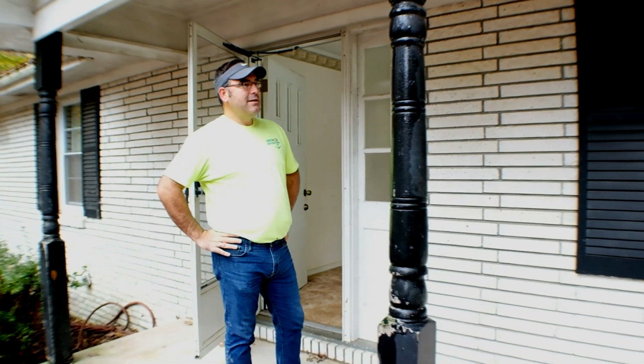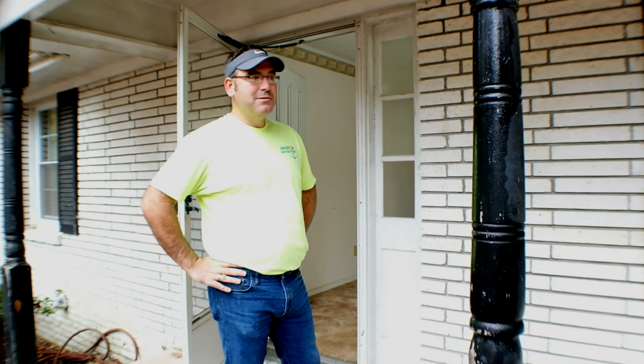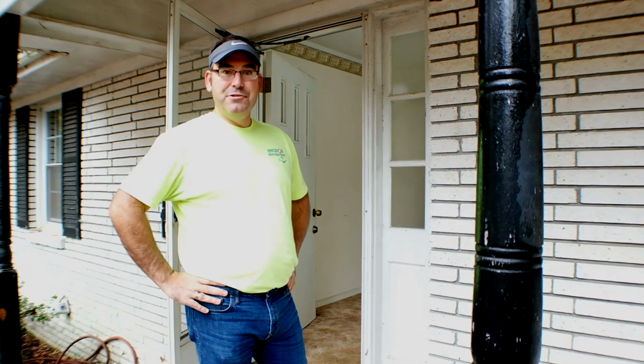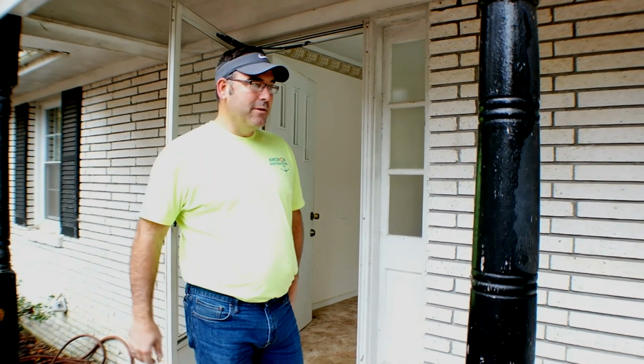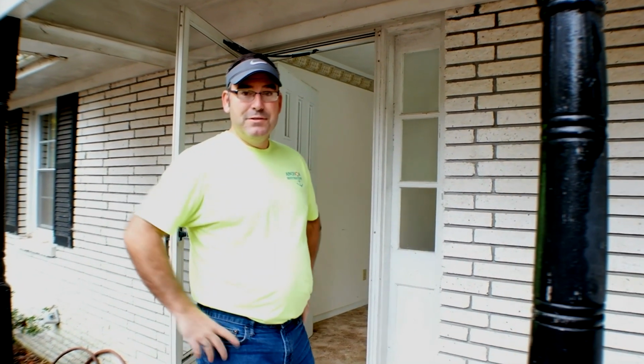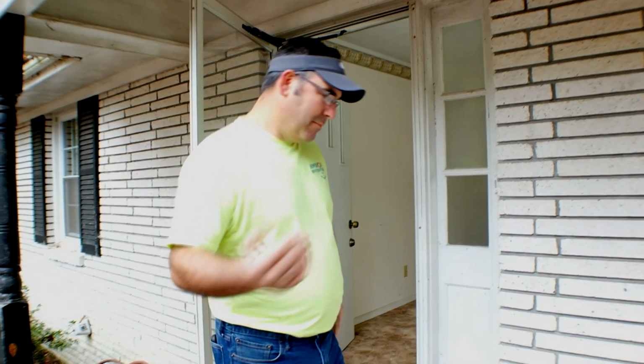Snapshot of what the outside needs. It's pretty basic. We're just going to paint, maybe update the shutters, and do a little accent features to give it a little more curb appeal. And inside, there's not a whole lot to do other than surface and aesthetic things to add value. But come on in and we'll show you